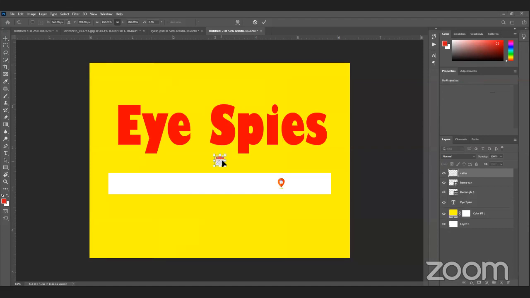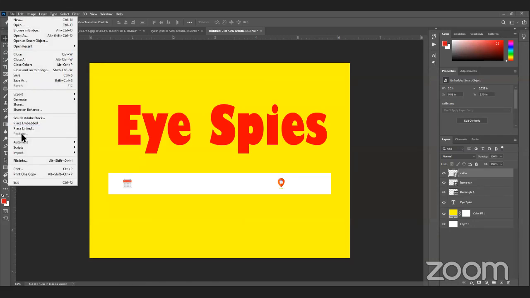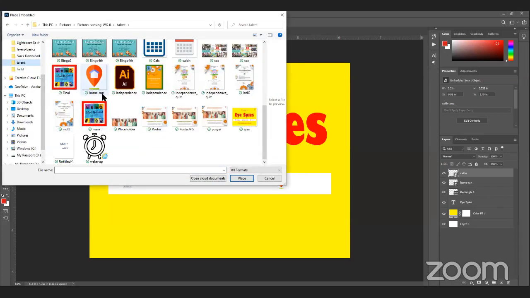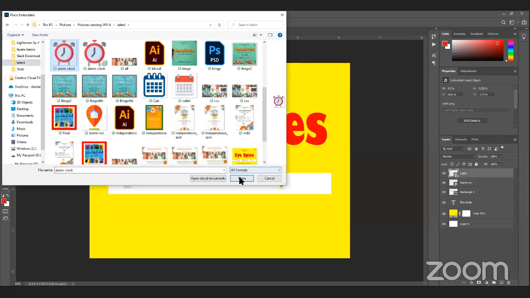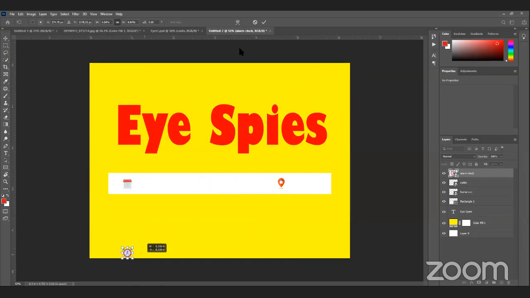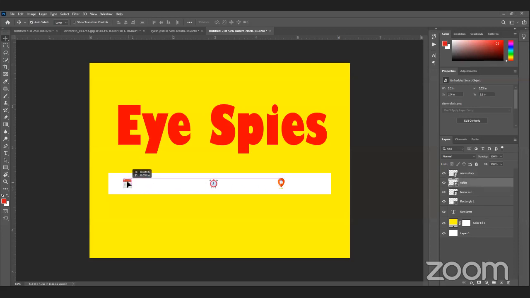Right now I'm just doing drag and drop, but you can do one more thing: File, Place Embedded, go to the location, and then place the icon like this. It is the same thing, or you can drag and drop onto Photoshop. This is how you get your icons here. So I have got my icons, so I just need to place them accordingly.